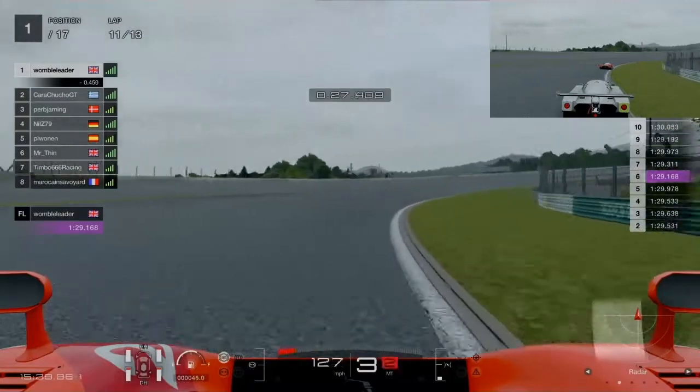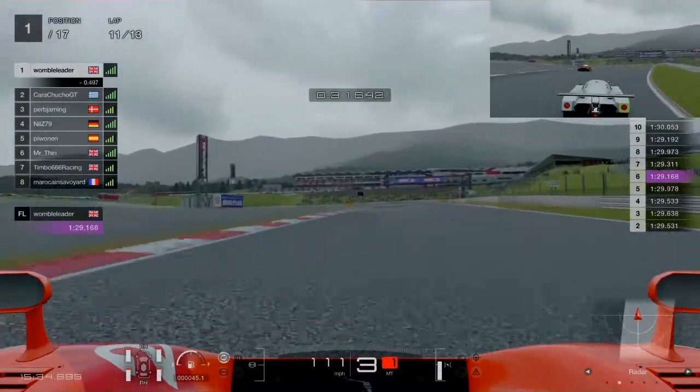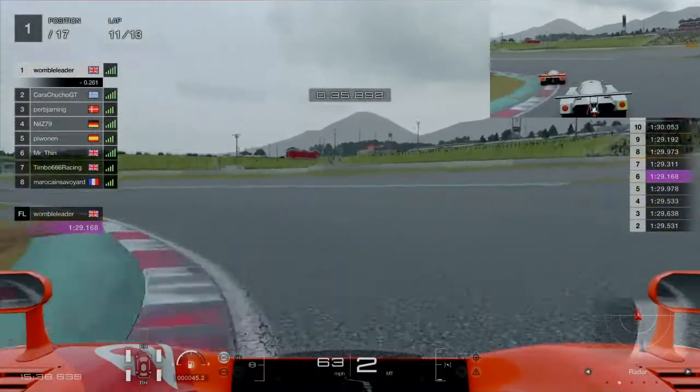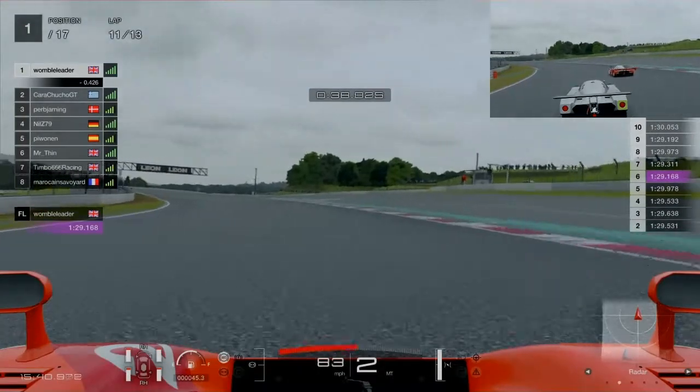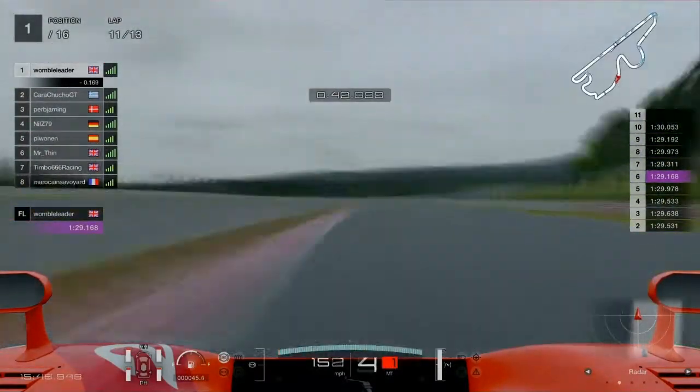So this corner here, 100R, I think I mentioned it already in the video, and into turn number 4 here, just the Mazda seemed to be particularly weak in comparison to the Mercedes. It didn't feel too bad driving the car around those corners, but it just couldn't seem to match the pace